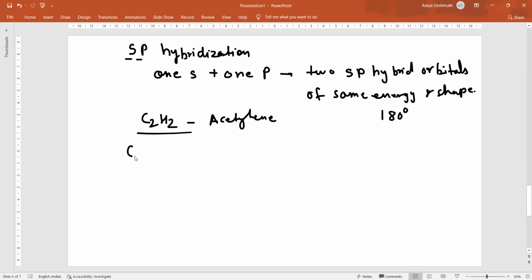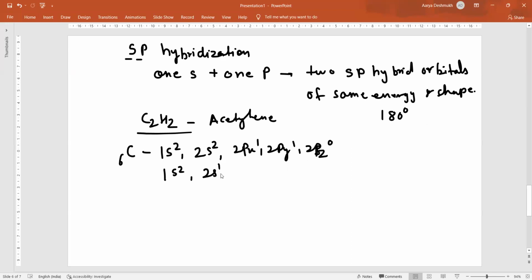Now the acetylene molecule. So start with this configuration for carbon, as I told earlier also: 1s2, 2s2, 2px1, 2py1, and 2pz0. This is the ground state configuration. 1s2, 2s1, 2px1, 2py1, and 2pz1. This is the excited state configuration. Now this 2s1 and 2px1 and 2py1, these three, they combine together to form,